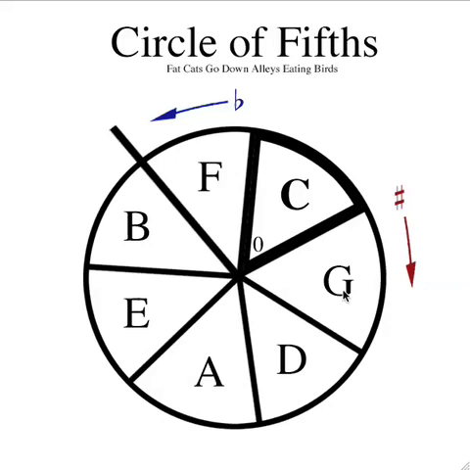So the key of G is a key that has notes that are sharp in it. How many sharps does the key of G have? Start at C, which has 0, and then that means that G has 1 sharp. Which note is sharp in the key of G? Start at the spur, count clockwise for sharps, and you'll see that the note F is sharp in the key